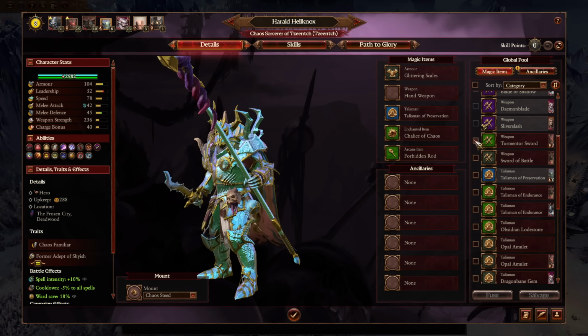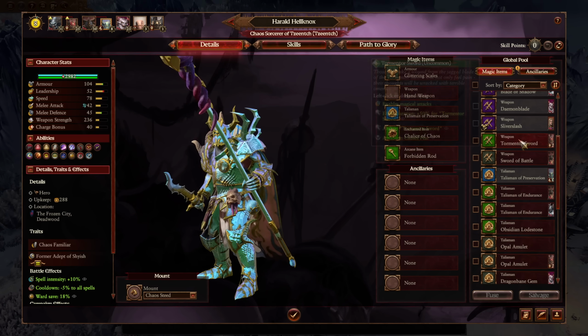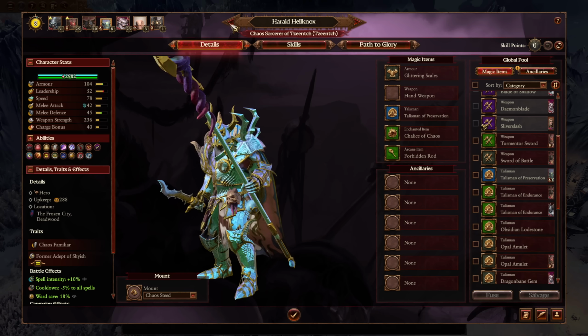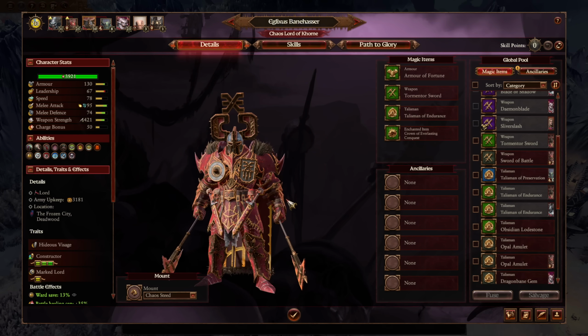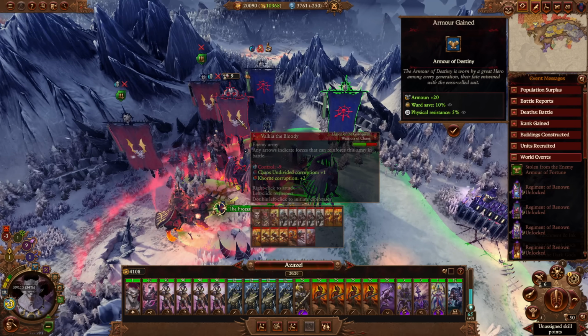Let me just see that again. If I go back, it's got the Sword of Battle. Okay, how about he has the Tormentor Sword? Okay, that sounds good. Alright, cool. I think I've made all the adjustments I can. Let's get in here and see...